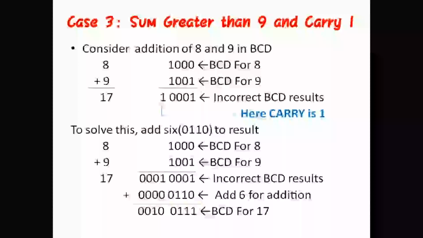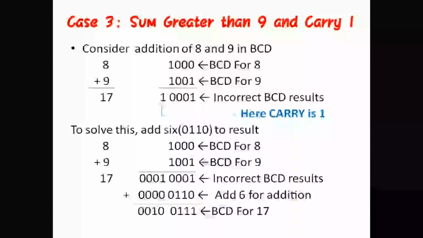What result have I got here? According to my solution, I have got 1 0 0 0, and again 1 which is the carry. The remaining I have added as 0 for my convenience, plus add 6 for the correction. From the left side you need to add 6: 0 1 1 0. Remaining 4 bits put as zeros.